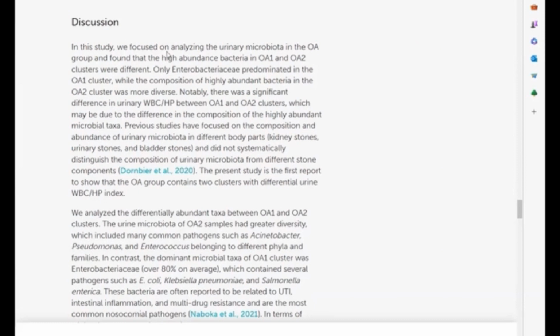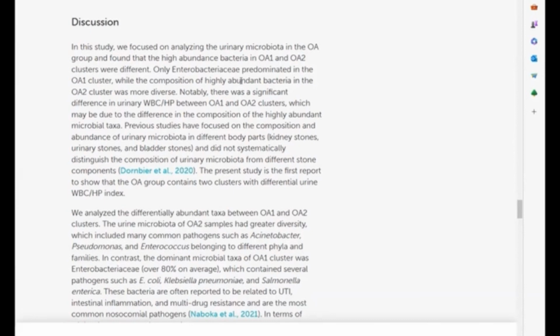In this study, we focus on analyzing the urinary microbiota in this calcium oxalate group, and found that the higher abundance of bacteria in the first group and second group were different. The Enterobacteriaceae was predominant in the first group, while the composition of highly abundant bacteria in the second cluster was more diverse. So what they're saying is the first group had more of that composition, whereas the second group had